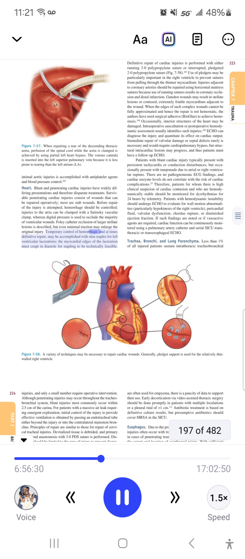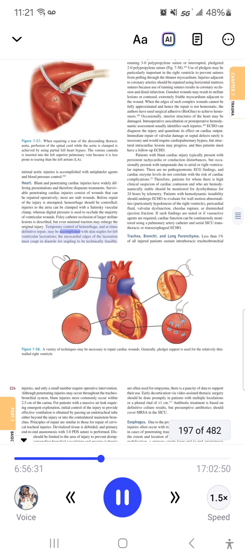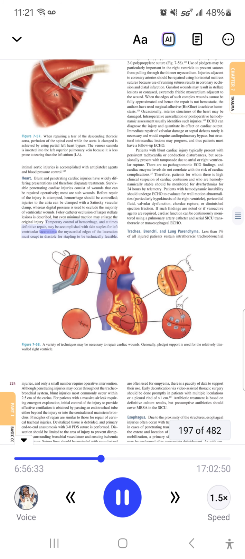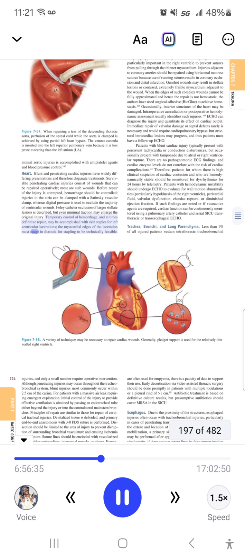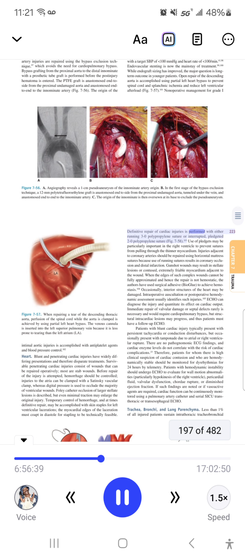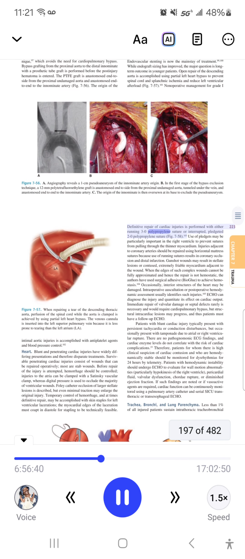Temporary control of hemorrhage, and at times definitive repair, may be accomplished with skin staples for left ventricular lacerations. The myocardial edges of the laceration must coapt in diastole for stapling to be technically feasible. Definitive repair of cardiac injuries is performed with either running 3-0 polypropylene suture or interrupted, pledgeted 2-0 polypropylene